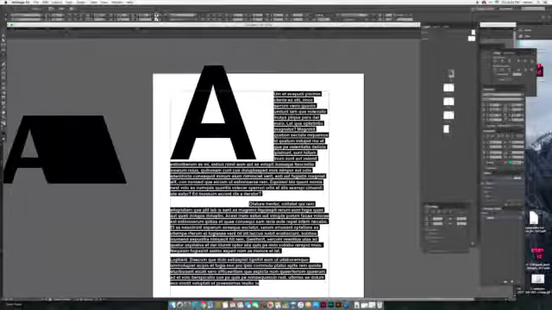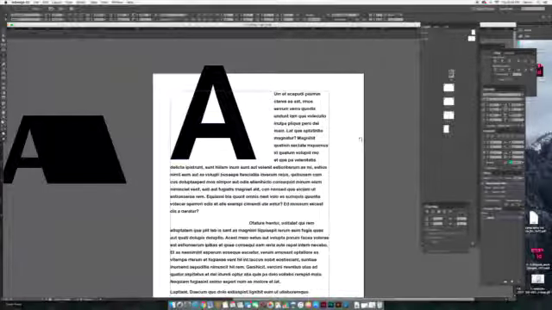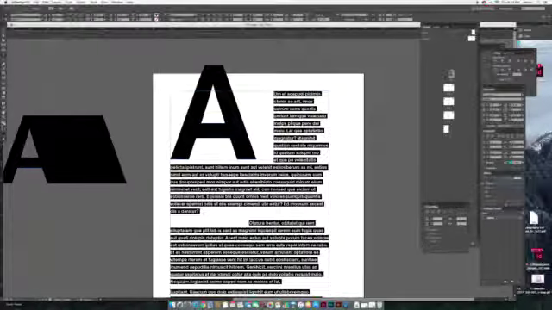Again, keeping in mind that you want to start playing with the leading. For example, if you do 3, some people do a 1.5 baseline grid, so that gives you more flexibility if you do the math. I'm doing 3, so let's say my next leading size is 15, so I go to 15. Notice that everything bumps down, right? Is that too loose? I don't know. What am I trying to do? I can select this text. Here is where you add